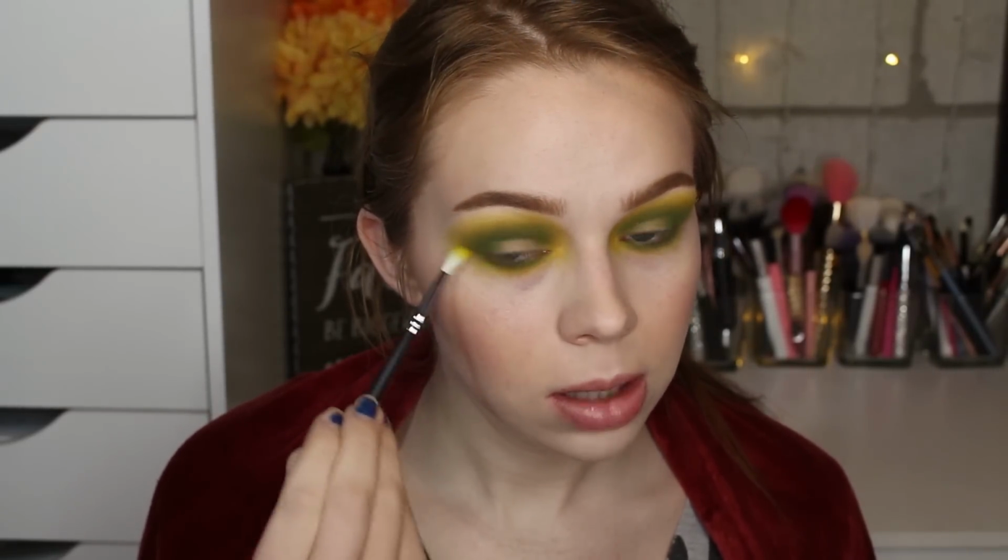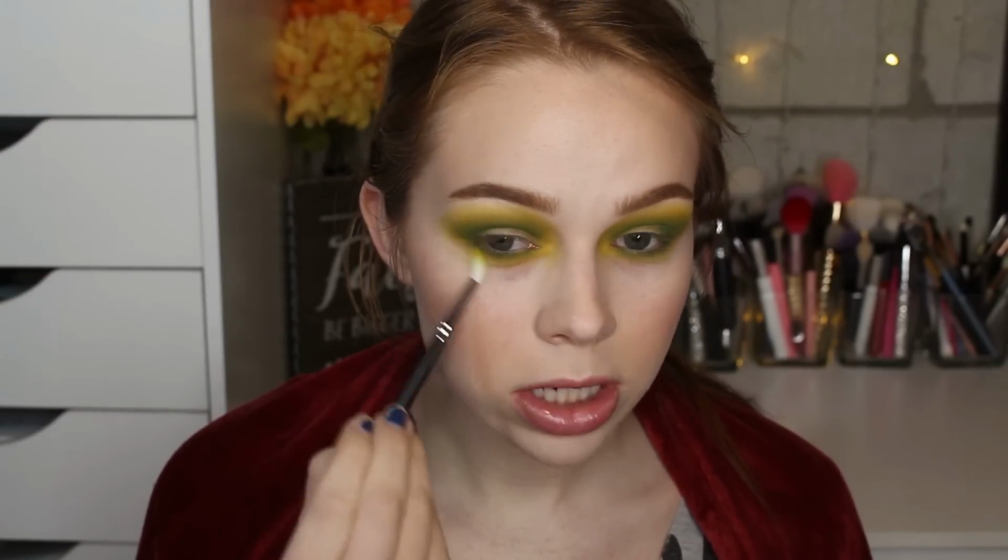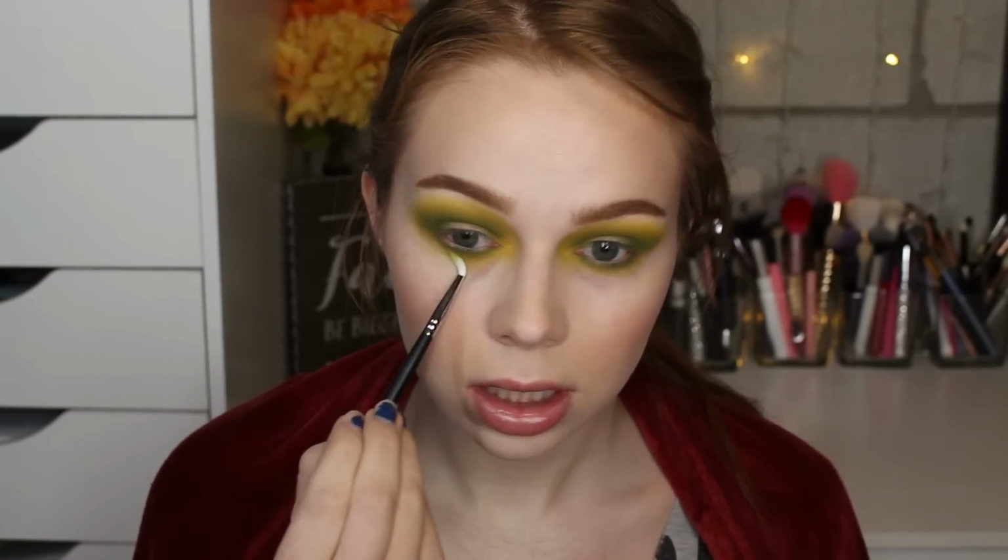Just making sure it's all blended and messy and grungy and everything. Honestly, I feel like this look would be really pretty if you just threw a really metallic shimmer on with a fluffy brush and did it super messy and nothing too structured. But I can't help myself. I really want to do a cut crease, so I'm going to go ahead and cut my crease really quickly